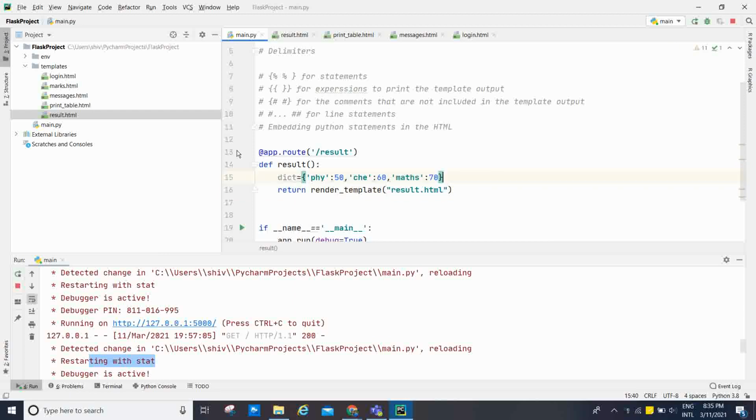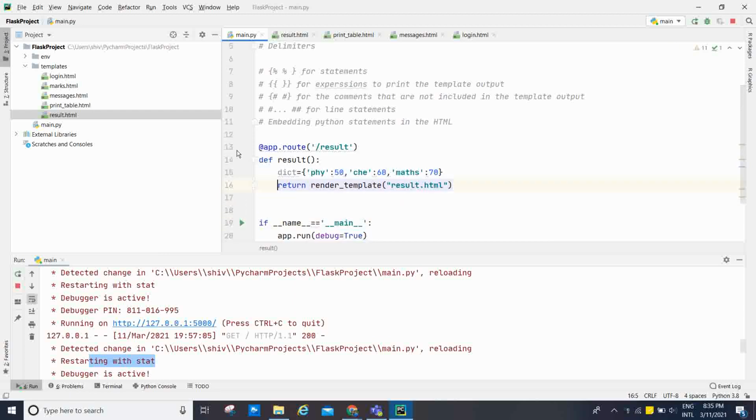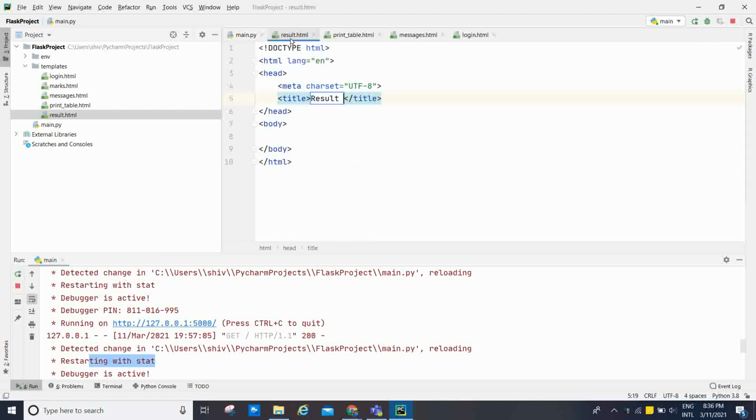And here we are going to pass result equal to dictionary. Okay, now I am going to use curly braces open percent for key comma value in result.items,